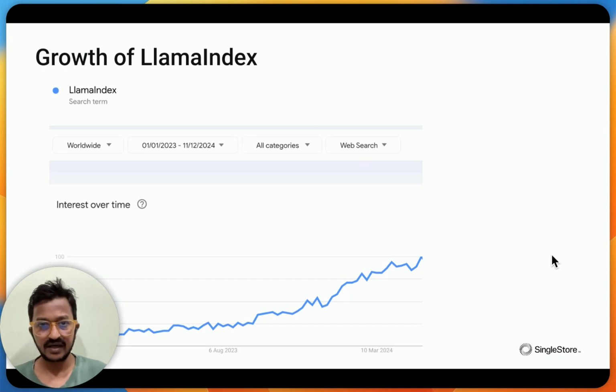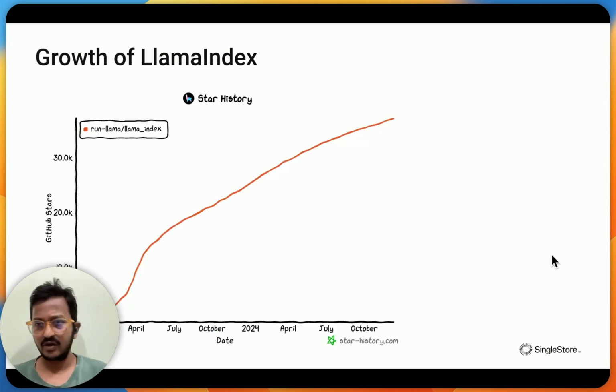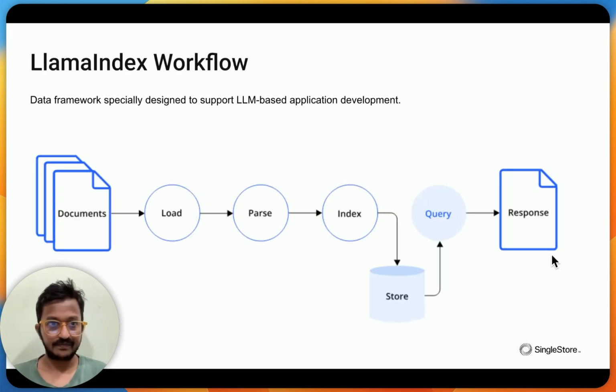So this is the growth of Llama Index, like how we saw for LangChain on Google Trends. If you go to Google Trends and search for the keyword Llama Index, this is how it is growing up and above. Just like LangChain, Llama Index is growing really well because it has really good integrations and it's very smooth and very easy to use. And this is again the growth of Llama Index on GitHub with a GitHub star history.